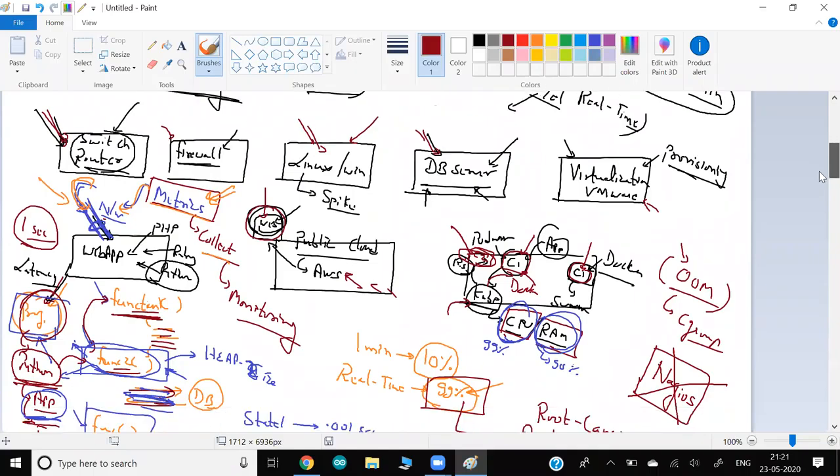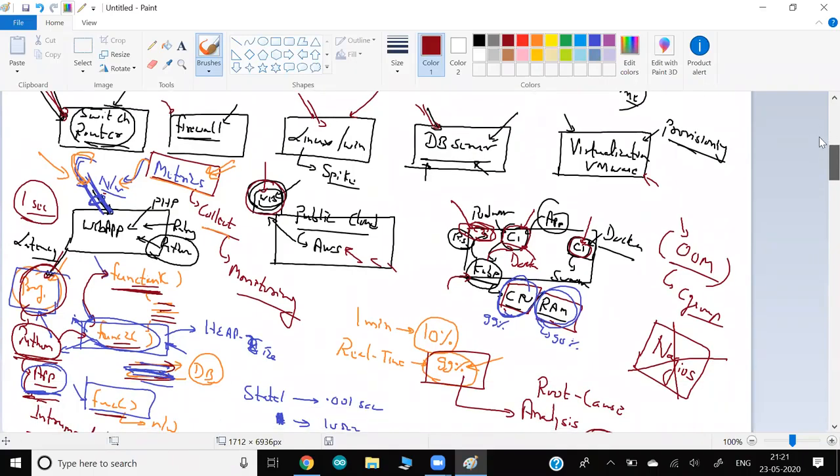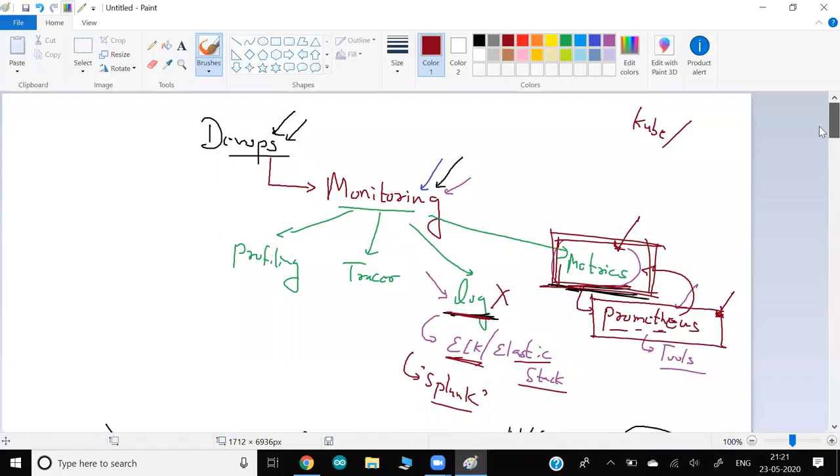So this is a high-level overview, guys. I started with monitoring. Monitoring is one of the most critical things, and how it helps you in the DevOps world, I will explain when I explain the complete lifecycle of DevOps. It is one of the backbones of the DevOps journey or lifecycle. I will explain that at that time.